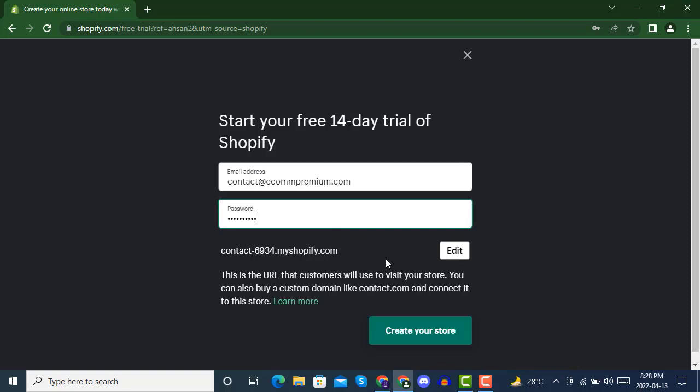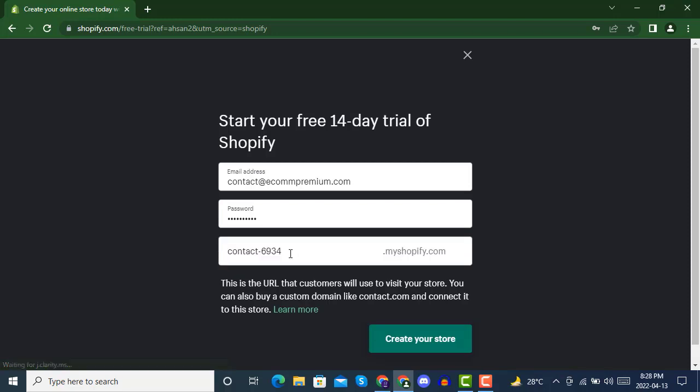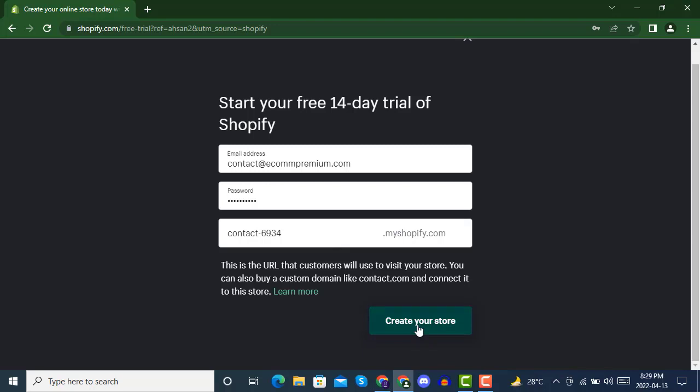And then you can also edit your store default URL that will be with myshopify.com. So here we will be editing it, like you can make it with your business name. The default URL can also stay like this, but this is not important because at the end you can replace this URL with a custom domain you will buy from Shopify, or you can also buy from any hosting provider like GoDaddy, Hostinger, Namecheap, from anywhere. So we will make it as it is, and when you click on create your store,